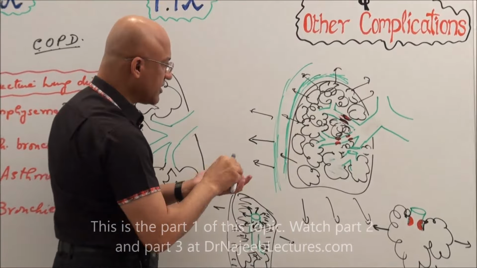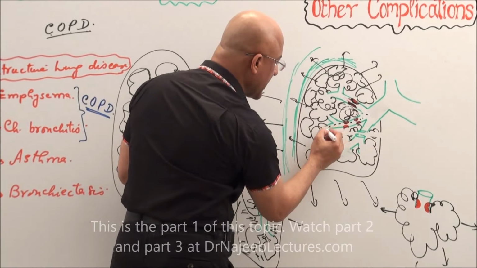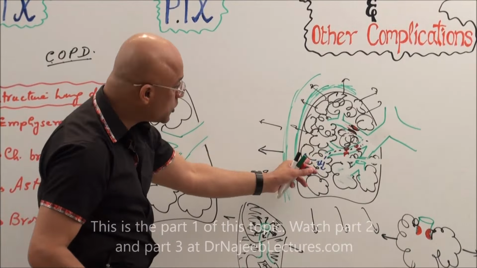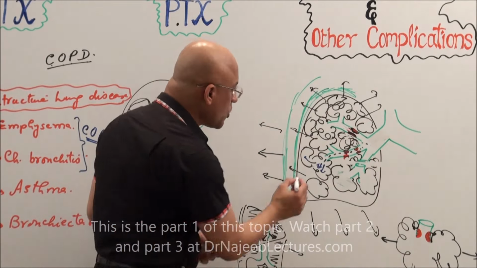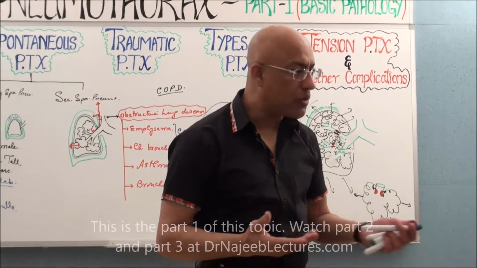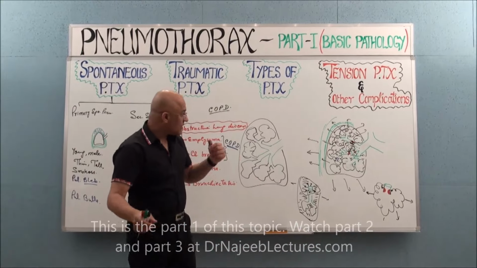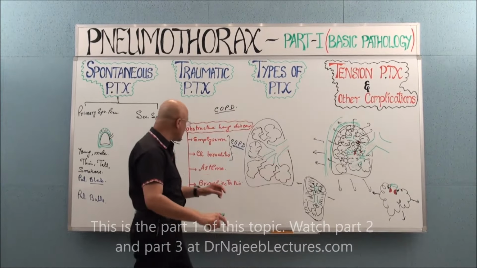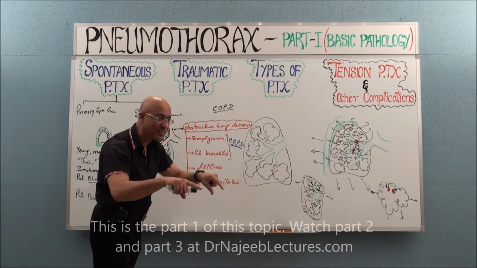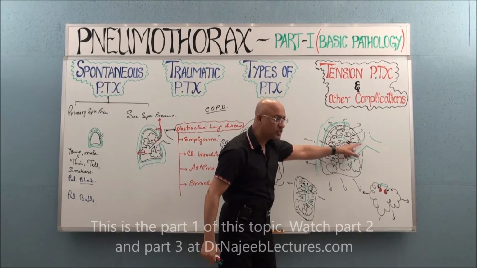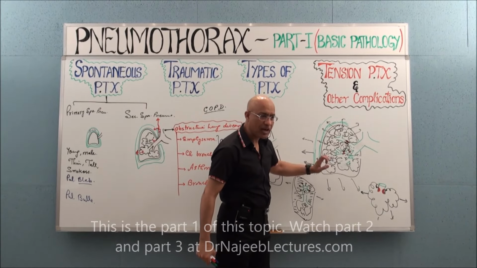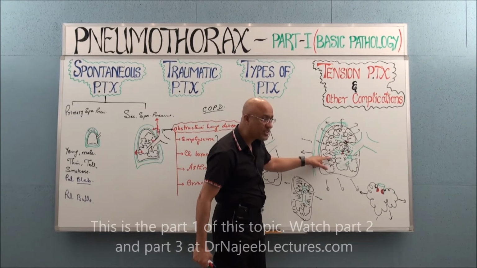Obstruction. Now, in these cases, air will get into airways and air spaces during inspiration. Air will enter, but during expiration, all of it is not going out. So pressure in the alveoli will go up or down? It will be up. It's very simple. When there are obstructive lung diseases, regardless of whether it's emphysema, chronic bronchitis, asthma or bronchiectasis, whatever kind of obstructive lung disease, there is more obstruction during expiration, so air is trapped here. Air is trapped here, and the pressure in the alveolar space is